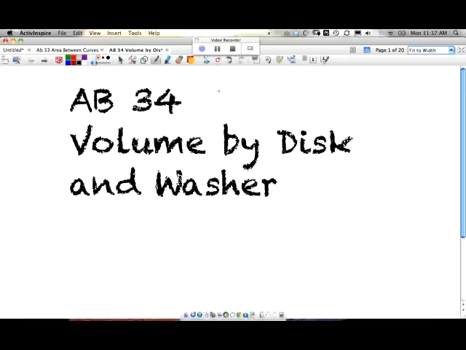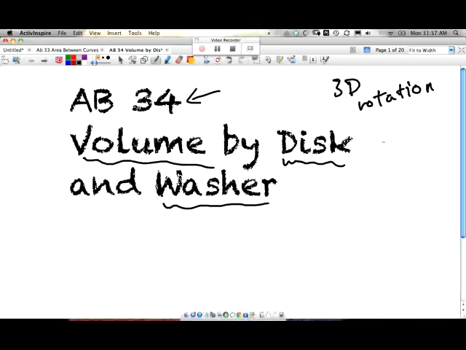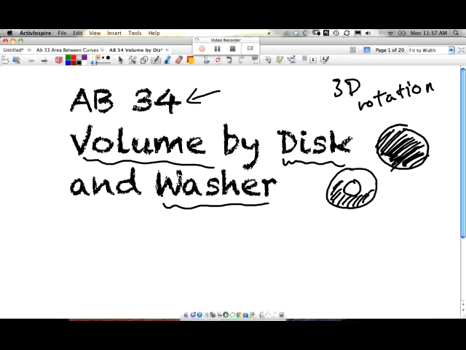Okay, calculus. We are going to be looking at number 34 here. Volume. This is the 3D rotation that we've been talking about, hinting at, coming up here in class. But we have two kind of buzzwords, a disk and washer. And just keep in mind what's the difference between a disk and a washer. Well, a disk is completely filled, it's full, while a washer has some emptiness in it,